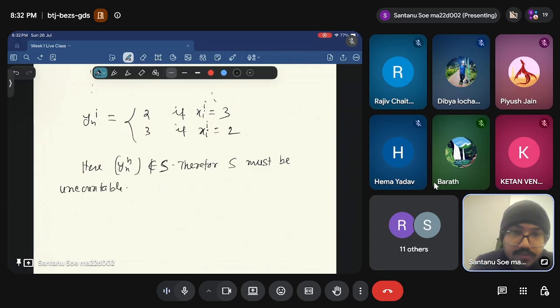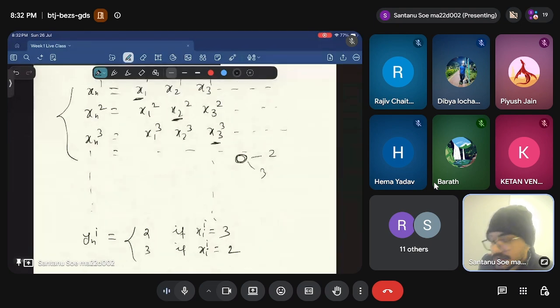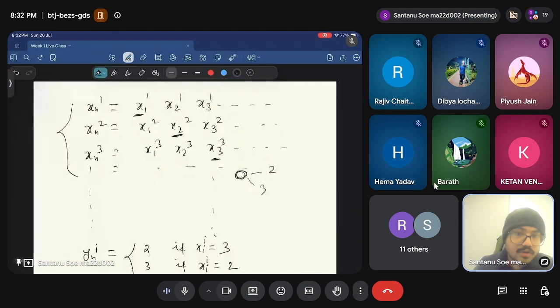Is it clear for everyone? Do you guys have any doubts so far? Is it clear? You guys have to understand this, because using this Cantor diagonalization you can solve a lot of questions. Is it clear? Because I'm going to spend 5 minutes here for you guys to go through it with me,